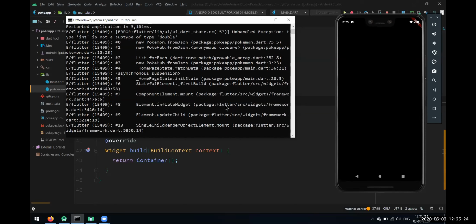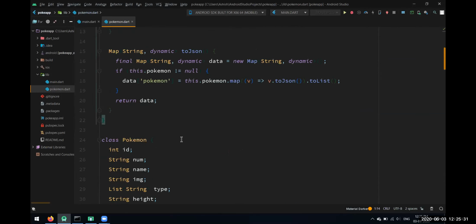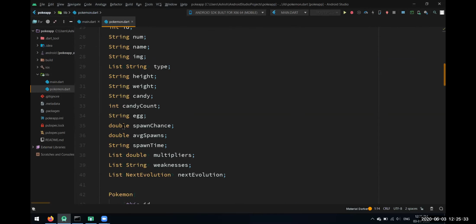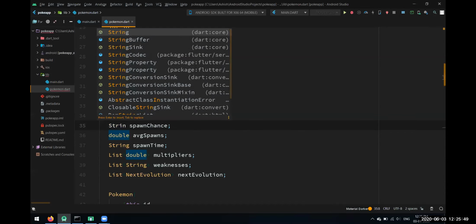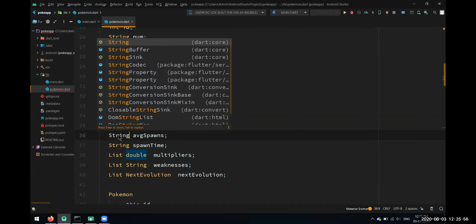Okay, got it. There are some variables here which the auto-generated class by default gave a double value, but the data we are getting from the API is in integer form, such as the spawn chance. So instead of that, let's make it a string, which would be very easy for us to use.